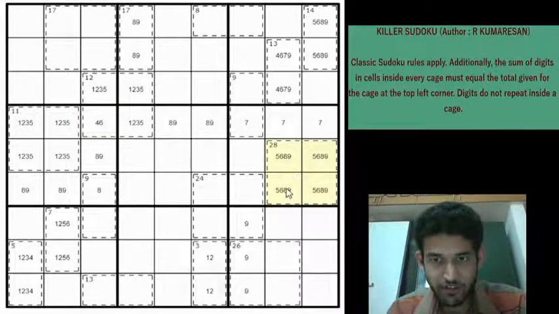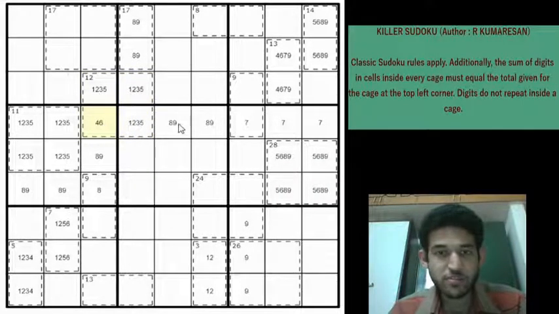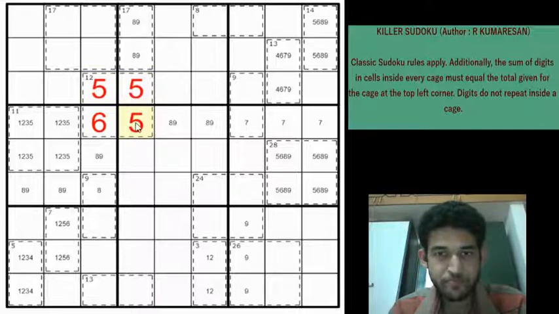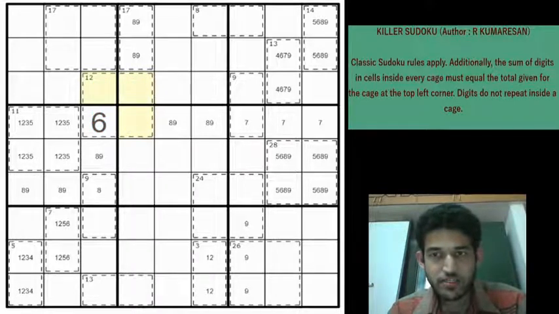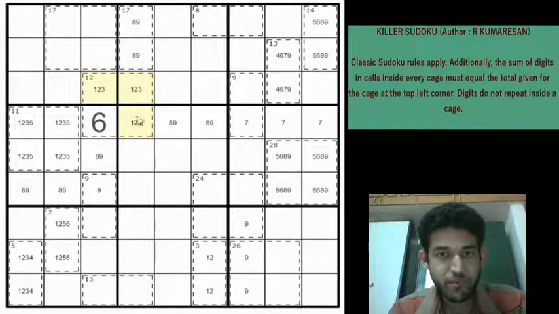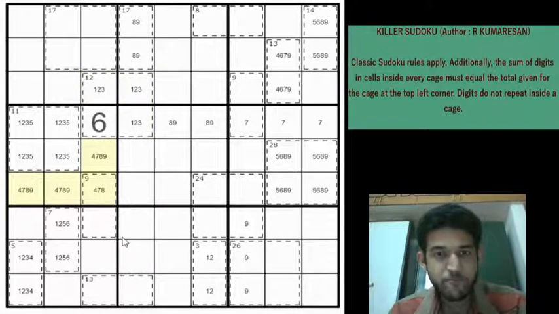Because we narrowed down 5 and 6 here, I was trying to place the 5, 6 along row 4. And you see that regardless of whatever is here, these 3 cells can only be 1, 2, 3 or 5. So that leaves only one option for the 6 in row 4 and we can mark the 6 here. Now these 3 cells will be 1, 2 and 3. Can't be anything else. And now these 4 cells must be 4, 7, 8 and 9. Right?